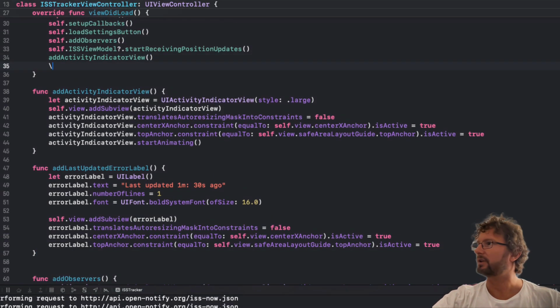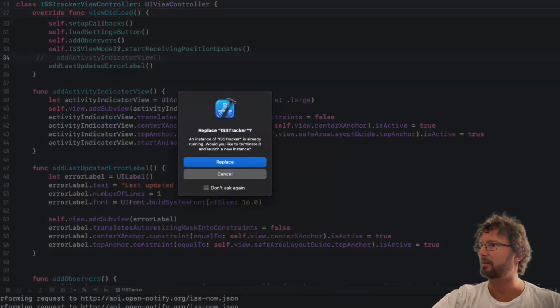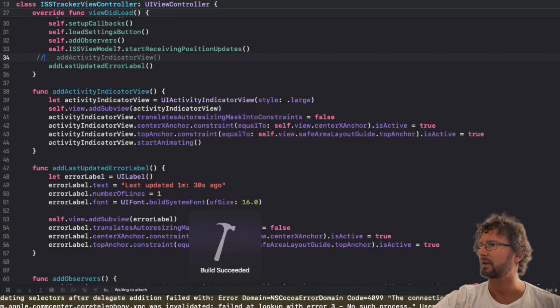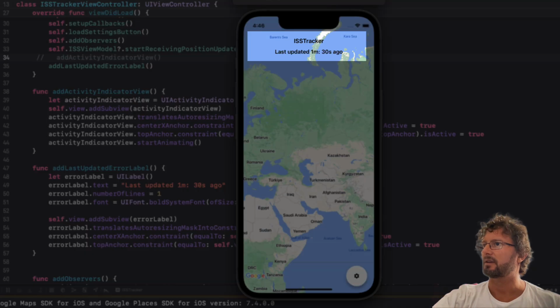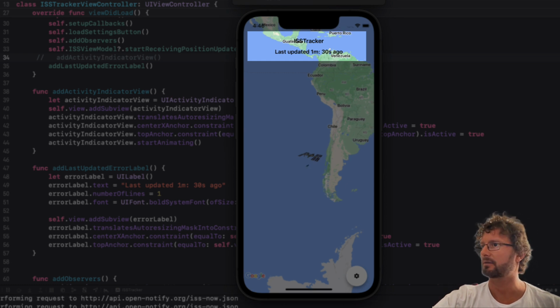So the only thing we need to do here is call the method. We are going to comment out the activity indicator just to display the error label view. Run the application again. And then we have our last update label displayed when there was an error updating the International Space Station. Again, we're going to take a screenshot of this